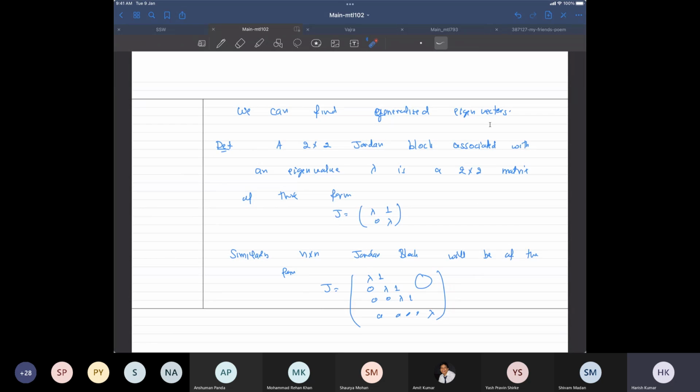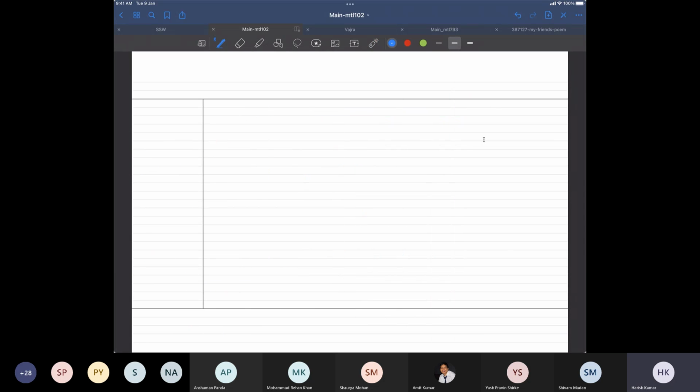Let me try to say it again. Let us do that for the 2 cross 2 case, and then it will be clear what I'm trying to say. So let us write the theorem. Suppose n equal to 2, and lambda is a repeated eigenvalue